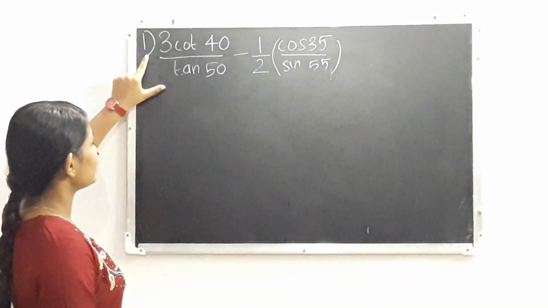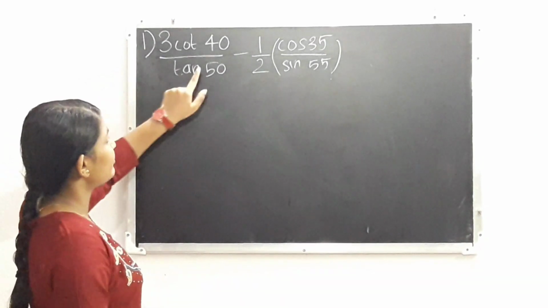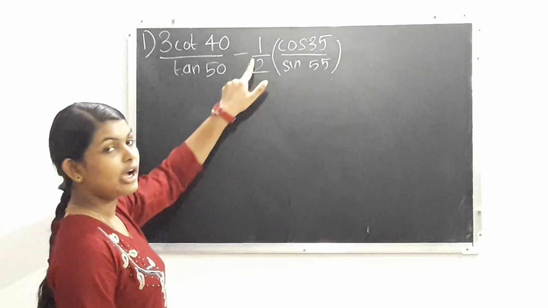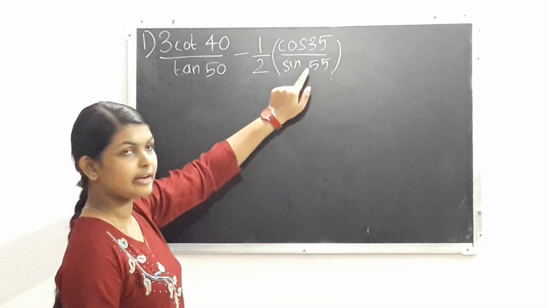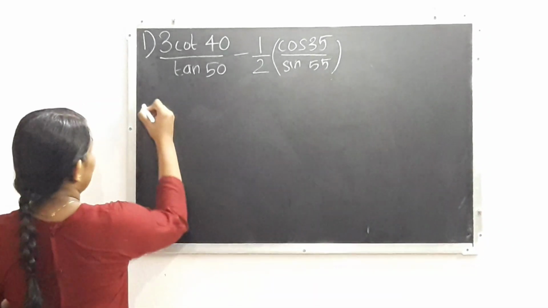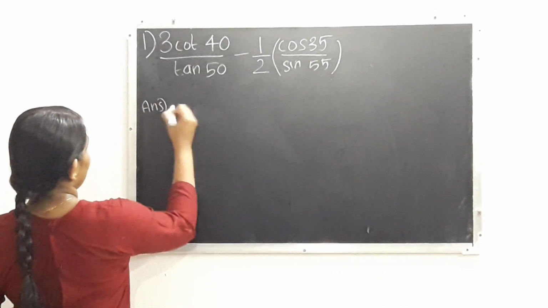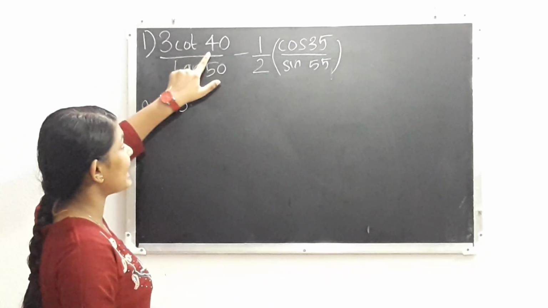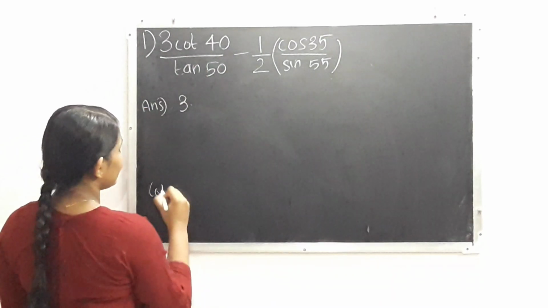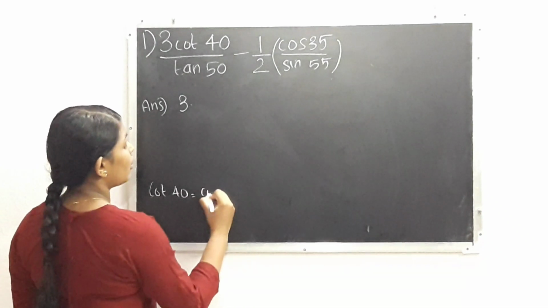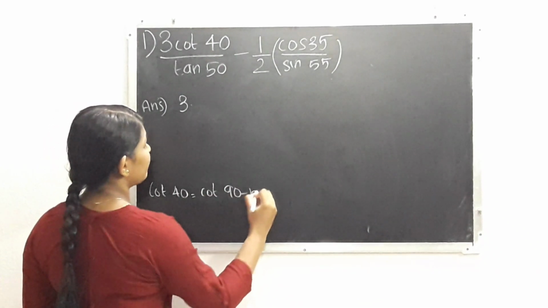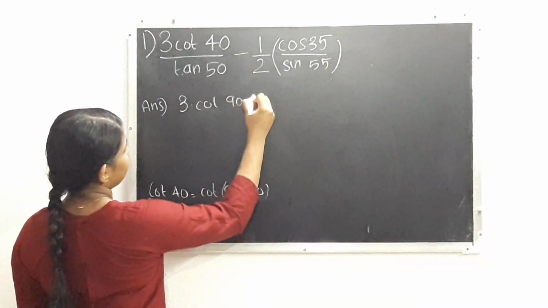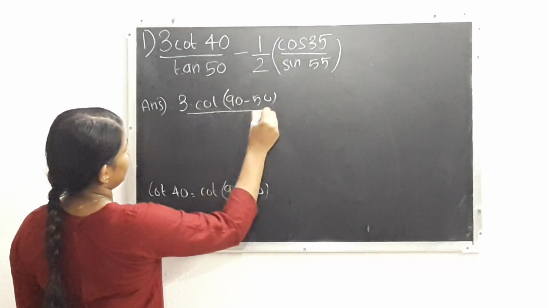So this question says 3 cot 40 divided by tan 50 minus 1 by 2 into cos 35 divided by sin 55. Okay. So we can write this as 3 into, cot 40 can also be written as cot (90 minus 50). So this can be written as cot (90 minus 50) divided by tan 50